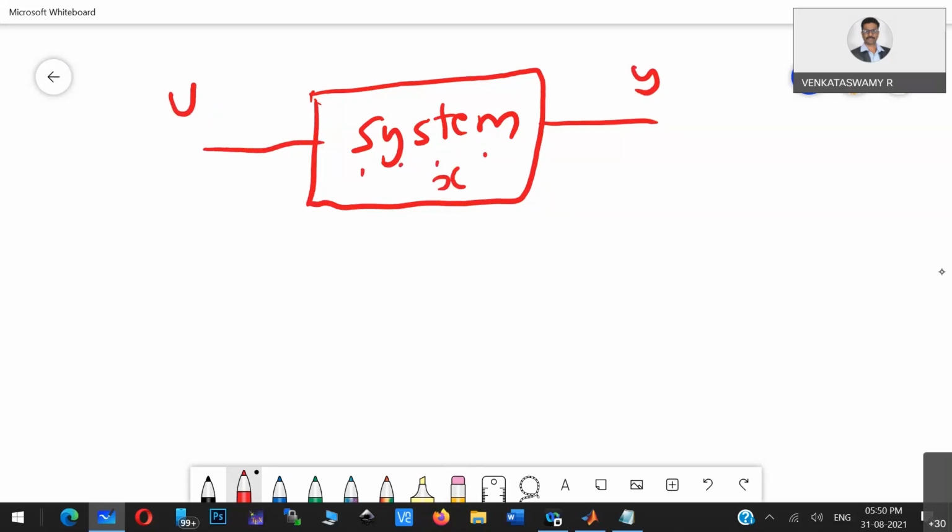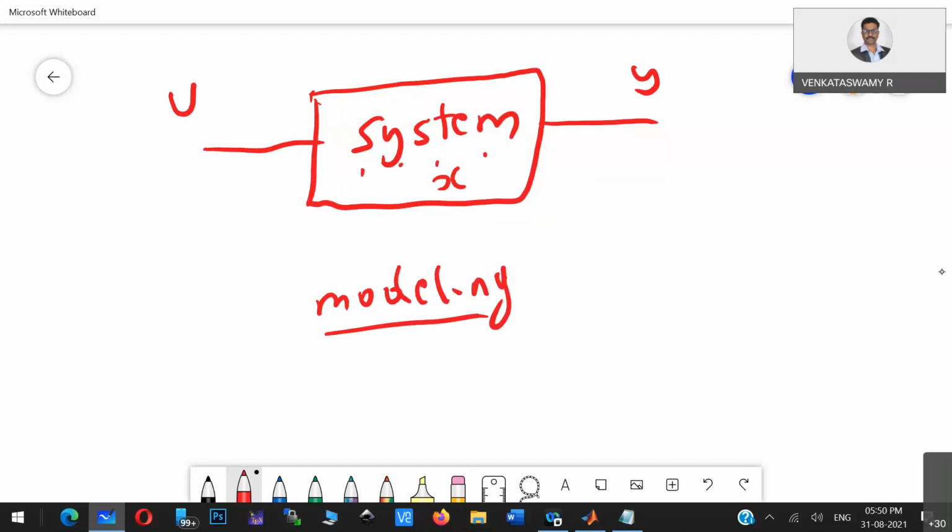Now what exactly do we do? We want to understand the system. Understanding a system is basically what you can coin with the word modeling. Knowing your system is nothing but modeling.